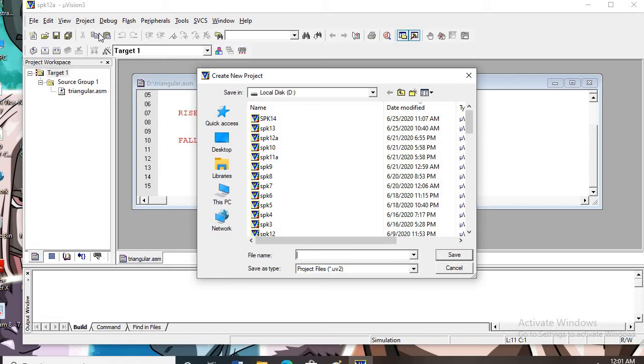Say for example, you want to calculate V out for 0 degree. Our formula is 5 volt plus, in brackets, 5 volt into sine of theta. Here theta is 0 degree. So what will be the result? 5 volt plus, in brackets, 5 volt into 0. Sine 0 is 0. So the answer is 5 volt.